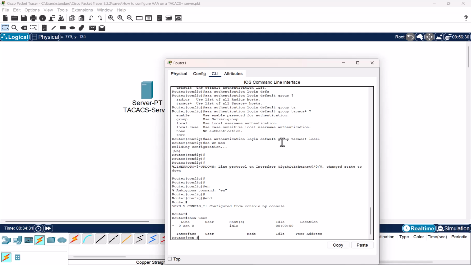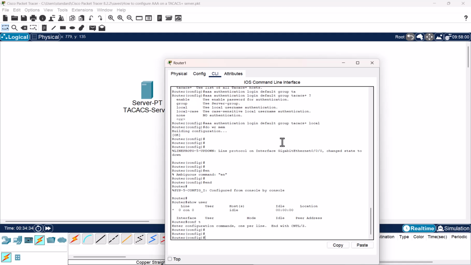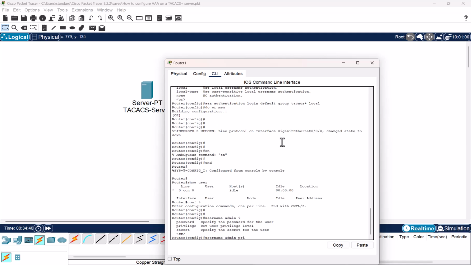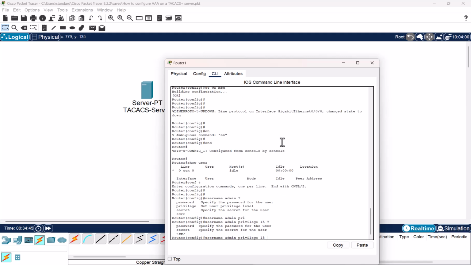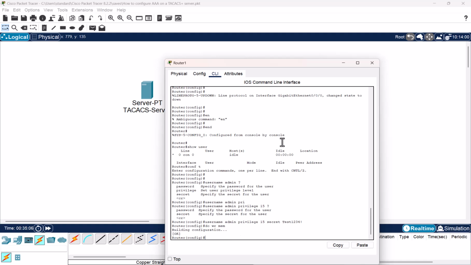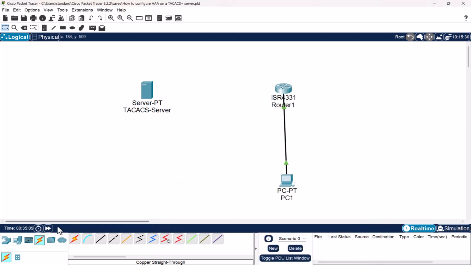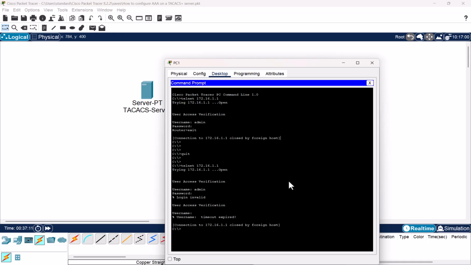So what I need to do is to go back into configuration mode on the router and create the admin user here as well. I'll give this user the full keys to the kingdom, full admin rights. I will also add the secret keyword, which means that the admin's password will not be displayed in plain text when running show running-config. And then the password will be identical to the one configured in the TACACS server earlier. I will save my changes, close the window, fast forward the time, and if I go back to my PC,